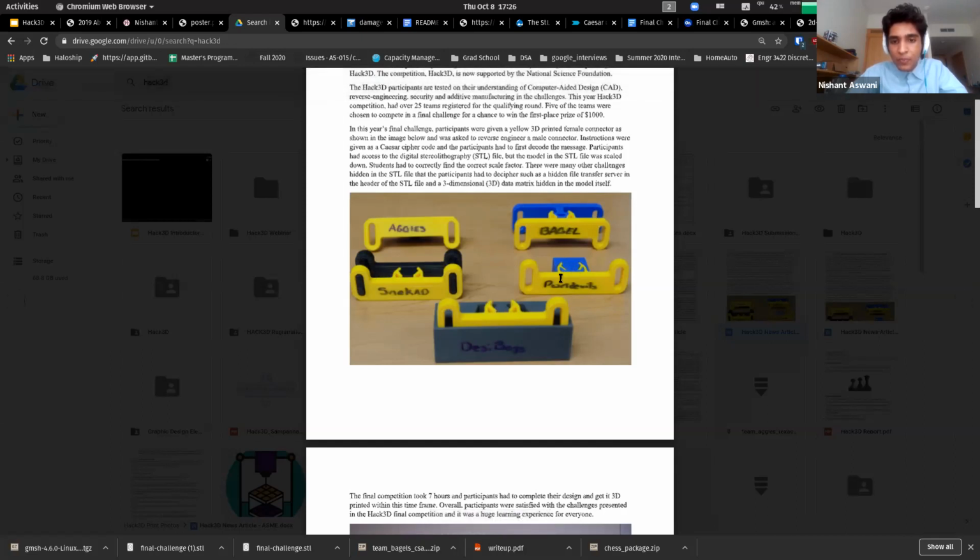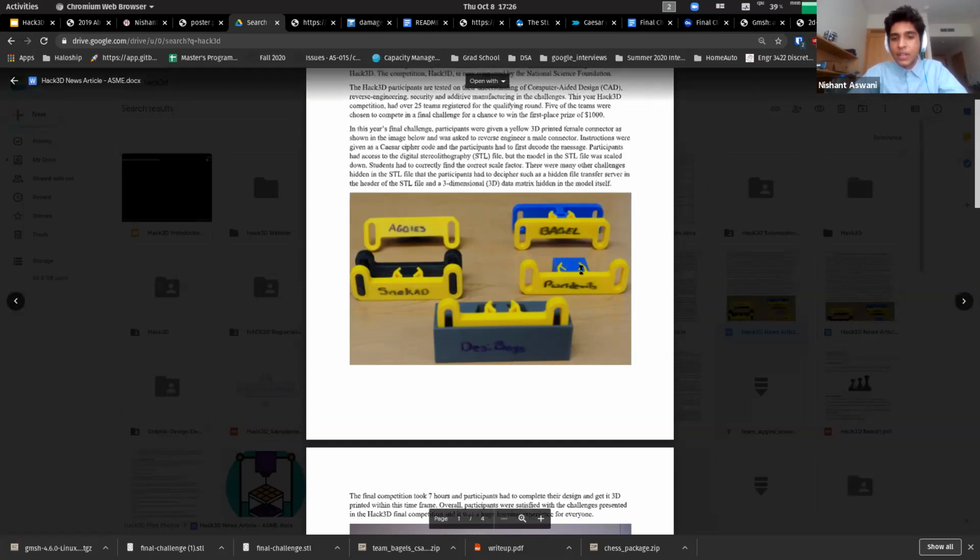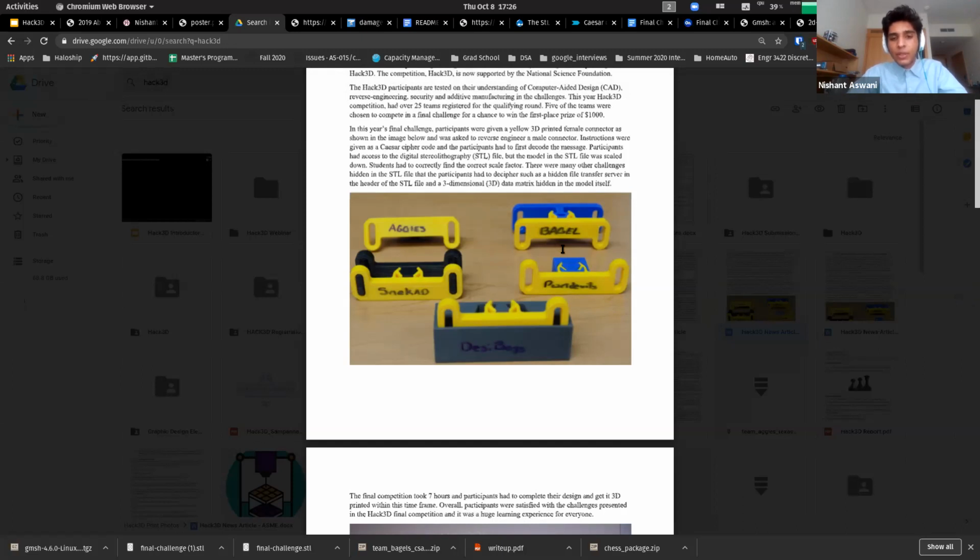Other teams had slightly different solutions. For example, this team here sort of blocked around the entire female pin, which was a solution. It was just not up to specifications of how we had described we would like the male header to function. But yeah, so two or three of the teams were able to solve the challenge through, well,